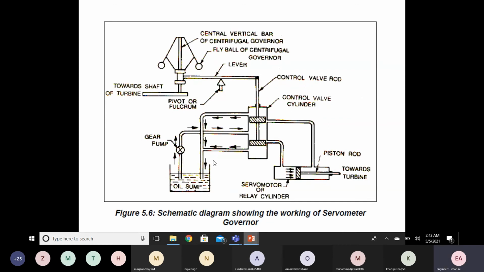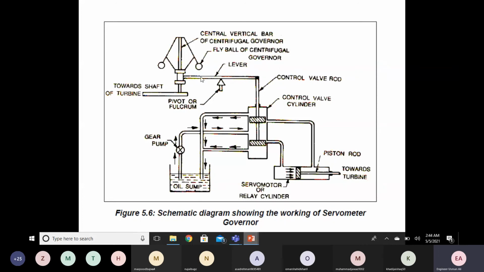There is an oil sump, an oil reservoir, which is allowing the movement of oil from the sump to the piston through the gearing pump. So if this piston goes up, what will happen, the other pipe will close, so the pump will operate, and oil supply will go to this pipe, and it will push the piston towards the left. And if this goes down, this pipe opening will be closed, and this valve will be opened, and again the pump will automatically switch on, and a supply of oil will be there to this pipe, pushing the piston to the right side.